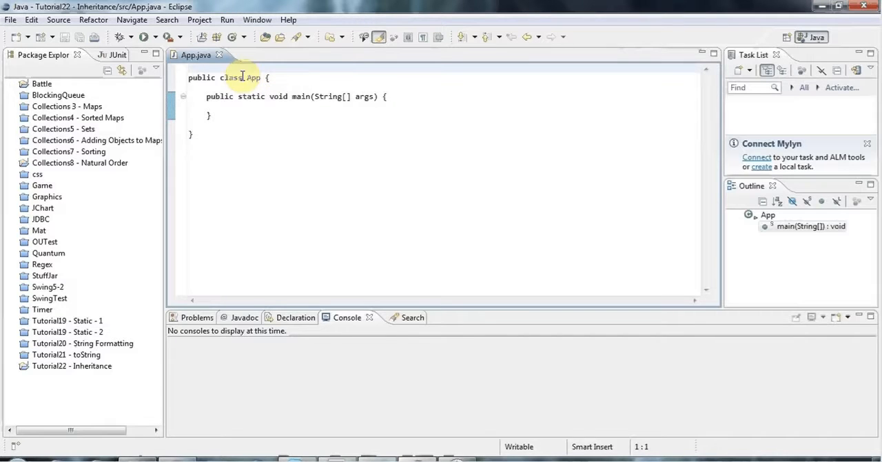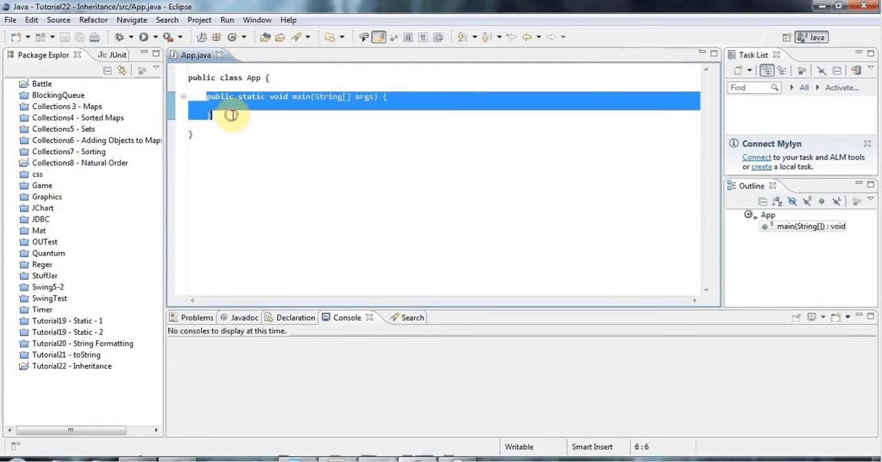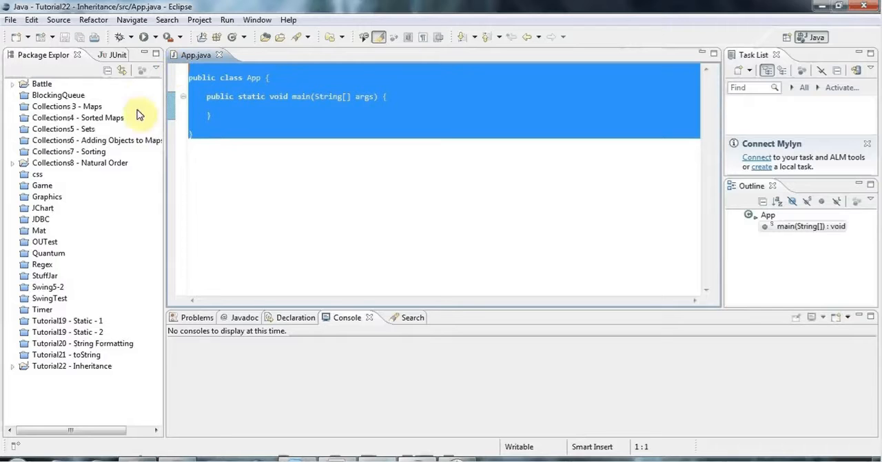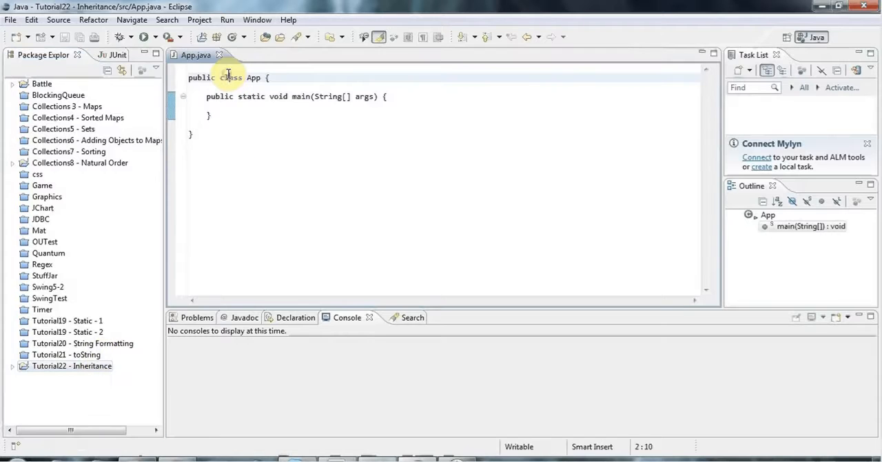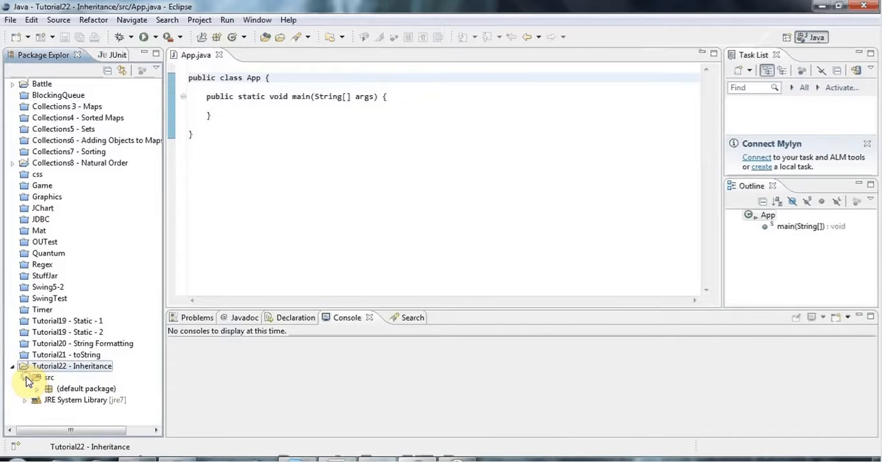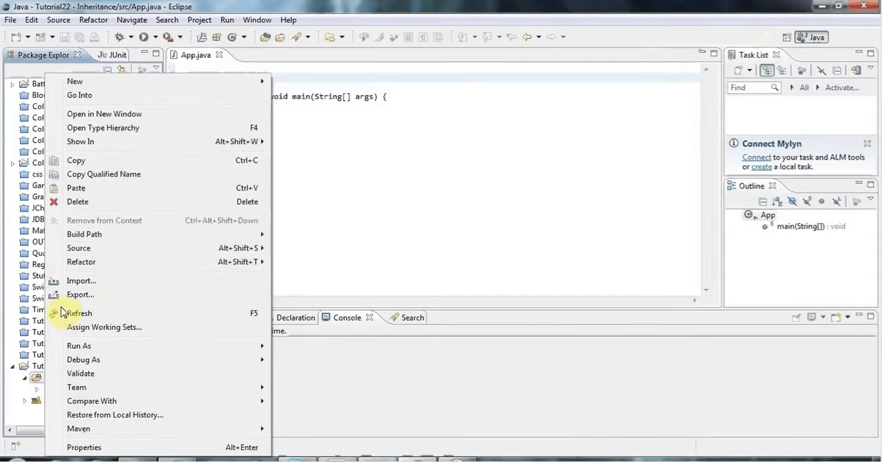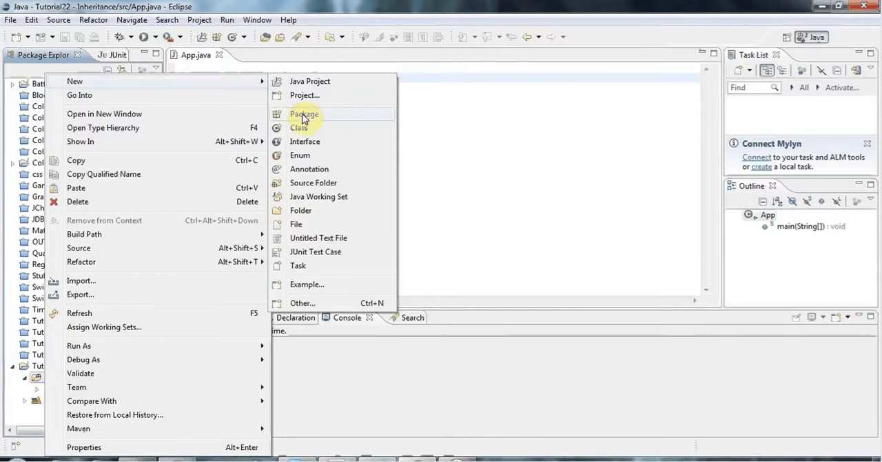Okay, so let's create a new class here. I've got my main method set up in this class in Eclipse. And so far in these tutorials I've been creating classes in the same file, but I'm going to switch now to creating classes in separate files, which is what you will do most of the time in your programs. So let's just expand this, and I'm creating everything in the default package here, and we haven't covered packages yet. So I'm going to right click the source folder or the project folder, it doesn't matter, and go